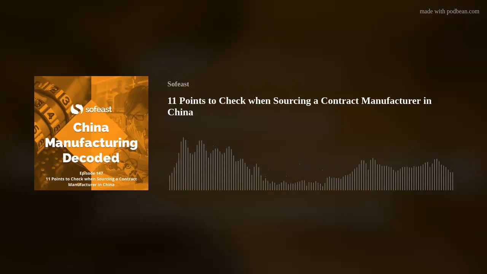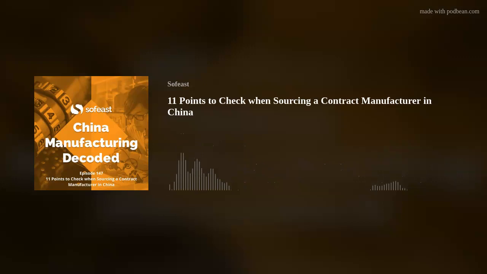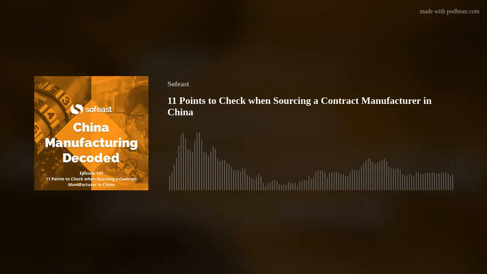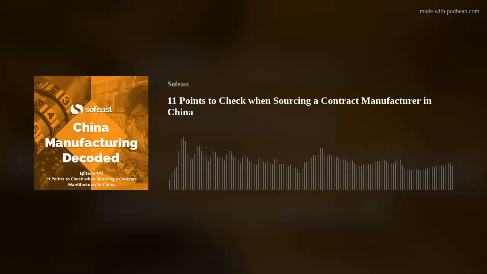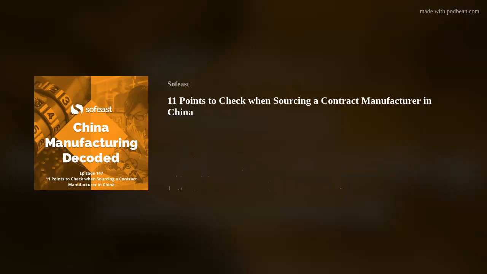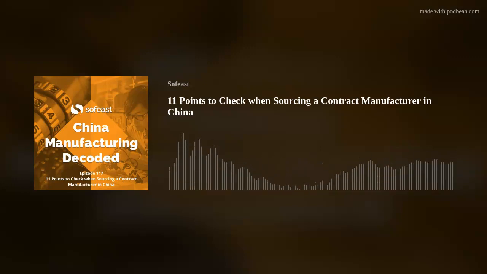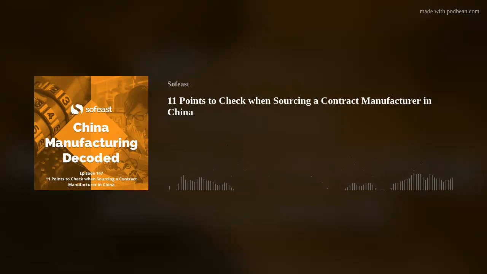Now, try to avoid CIF. I think we mentioned that before. CIF is a very regular Incoterm, but do not do that if you are not sure what your local fees will be, because that's how the supplier can get a lower quote and basically push some costs over to you, and you only know about that at the last minute. So try to avoid CIF, because that's really a very serious risk.